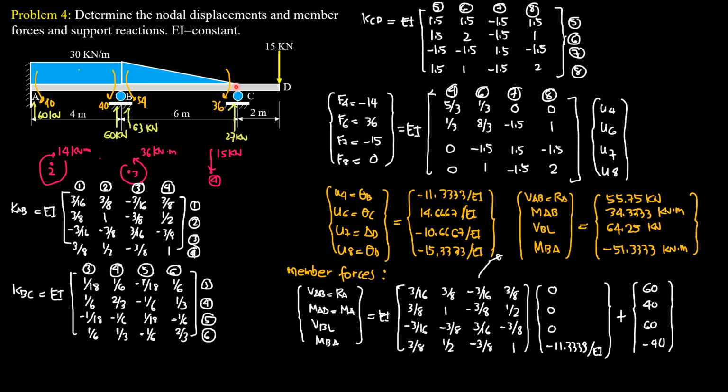At node 3, the moment is 36 clockwise, so opposite to that is counterclockwise, so that's positive 36 kilonewton meter. Then at 4, we only have negative 15 downward, 0 moment at B. Then,